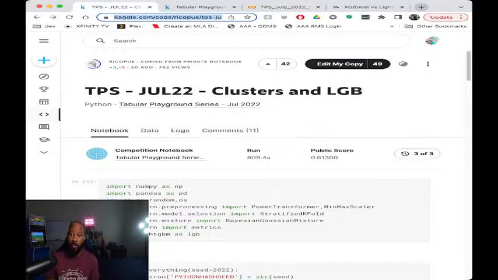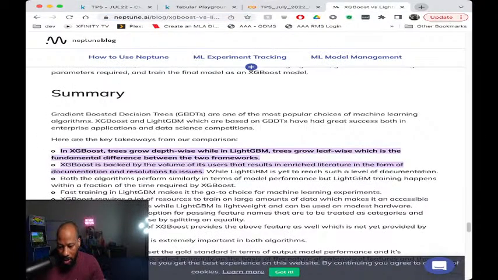We're gonna start with a little bit of LGB. LGB is actually light gradient boosting, because last time we used XGB, which is extreme gradient boosting. Okay, and they work a little different. I kind of just pulled this from the Neptune blog, just to get the difference. Gradient boosted trees, GBDTs, are one of the most popular choices of machine learning algorithms, 100%. XGBoost and LightGBM are based on GBDTs, and have had great success both in enterprise applications and data science